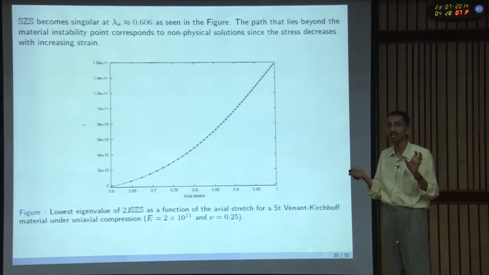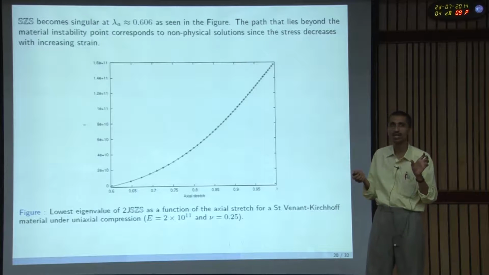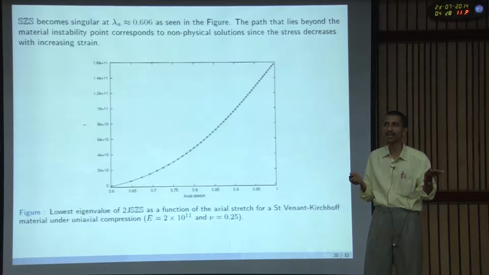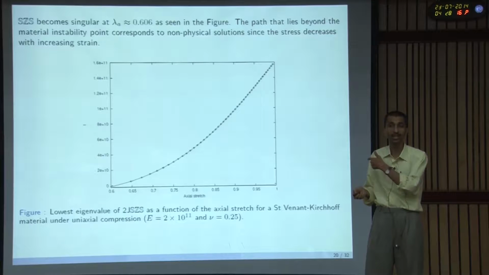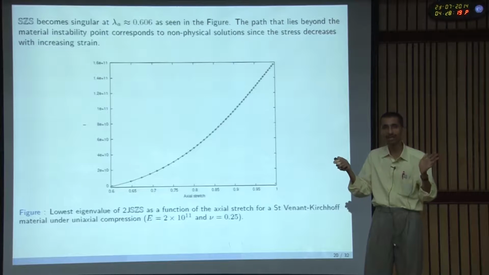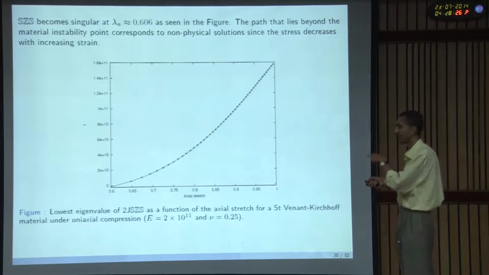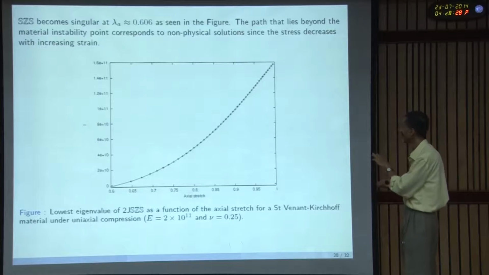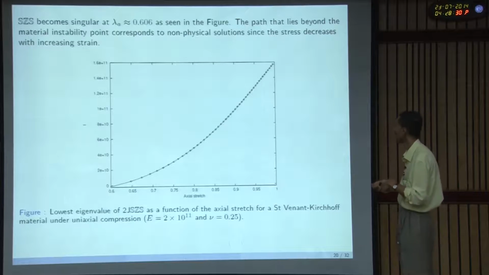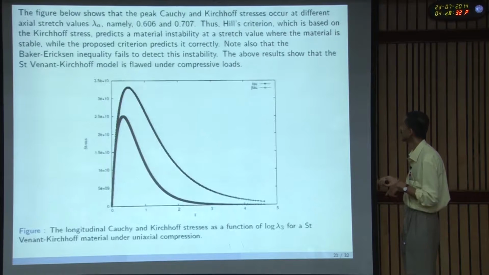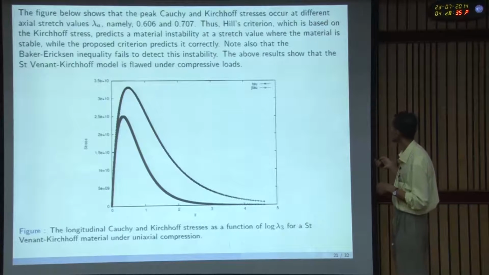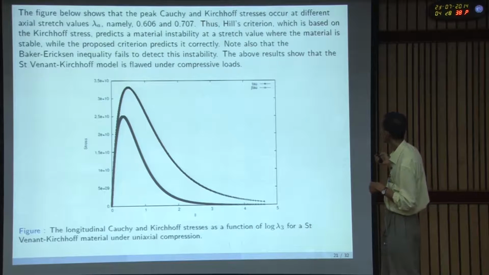Here, this simple problem is considered because we want to validate this. Just like you validate a finite element code, in the same way you want to validate whether this criterion works. That is the reason we are using a simple example where we can test it first by hand calculations, whether the stress is increasing with strain, and then whether the criterion works. That is the idea behind having a simple example, because you want to validate this criterion. And so here also you can see the peak, Cauchy and Kirchhoff. I was mentioning Hill's criterion.